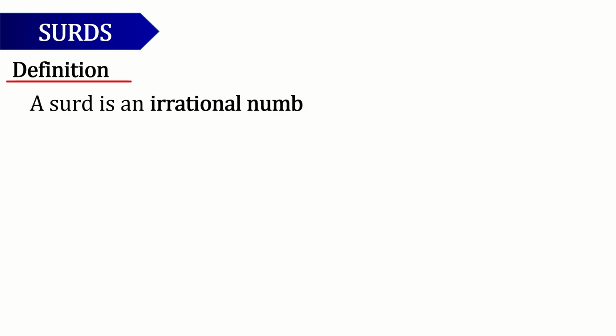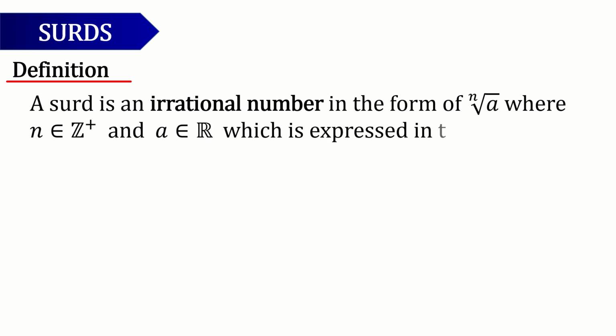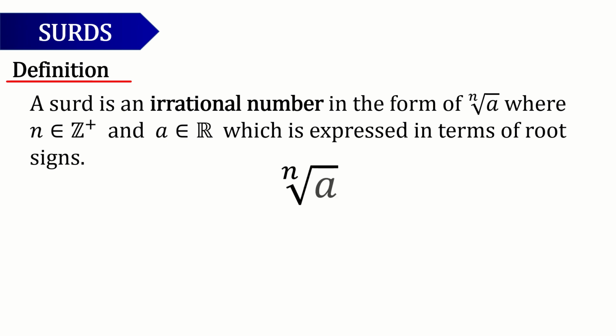Okay, in the previous video we learned about indices, so now we're going to look at surds. What is a surd? A surd is an irrational number in the form of the nth root of a, where a is a positive integer and a is any real number, which is expressed in terms of root signs. So this is what we call a surd, but